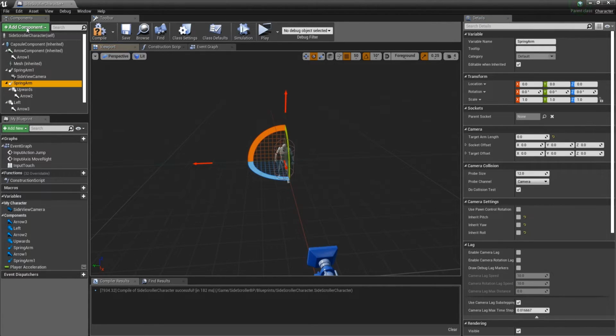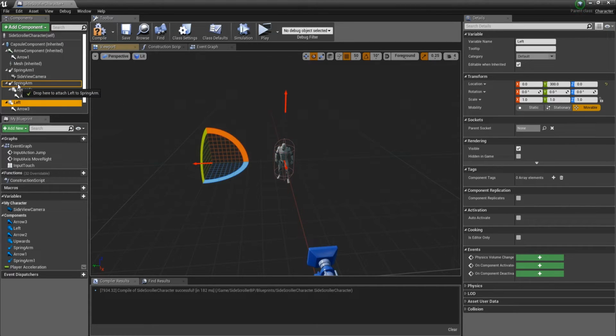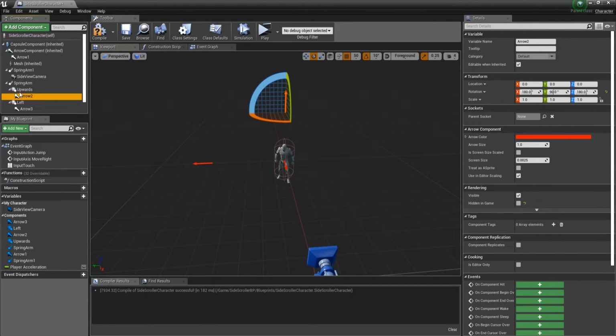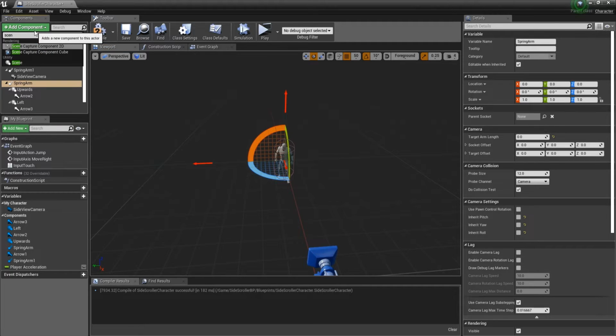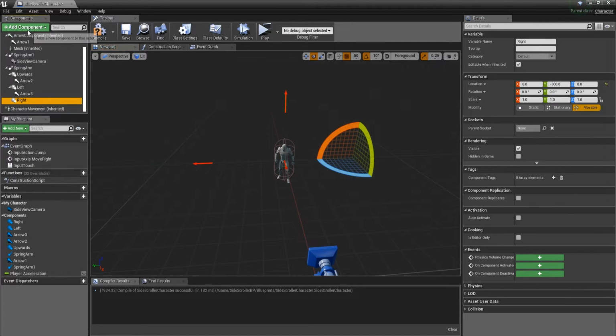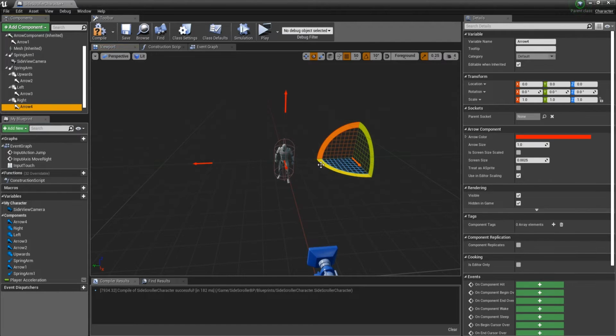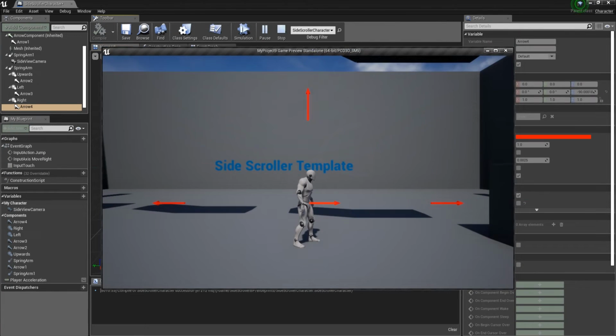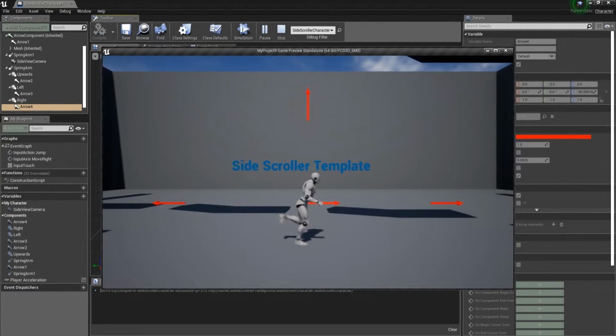And then we need one more scene. So make sure that these scenes are attached. So one more scene, and this is going to be right, and this is going to be minus 300 units on the Y axis. Also one more arrow for this one, and uncheck hidden in game. Now let's play. And as you can see, now we can see our arrows,